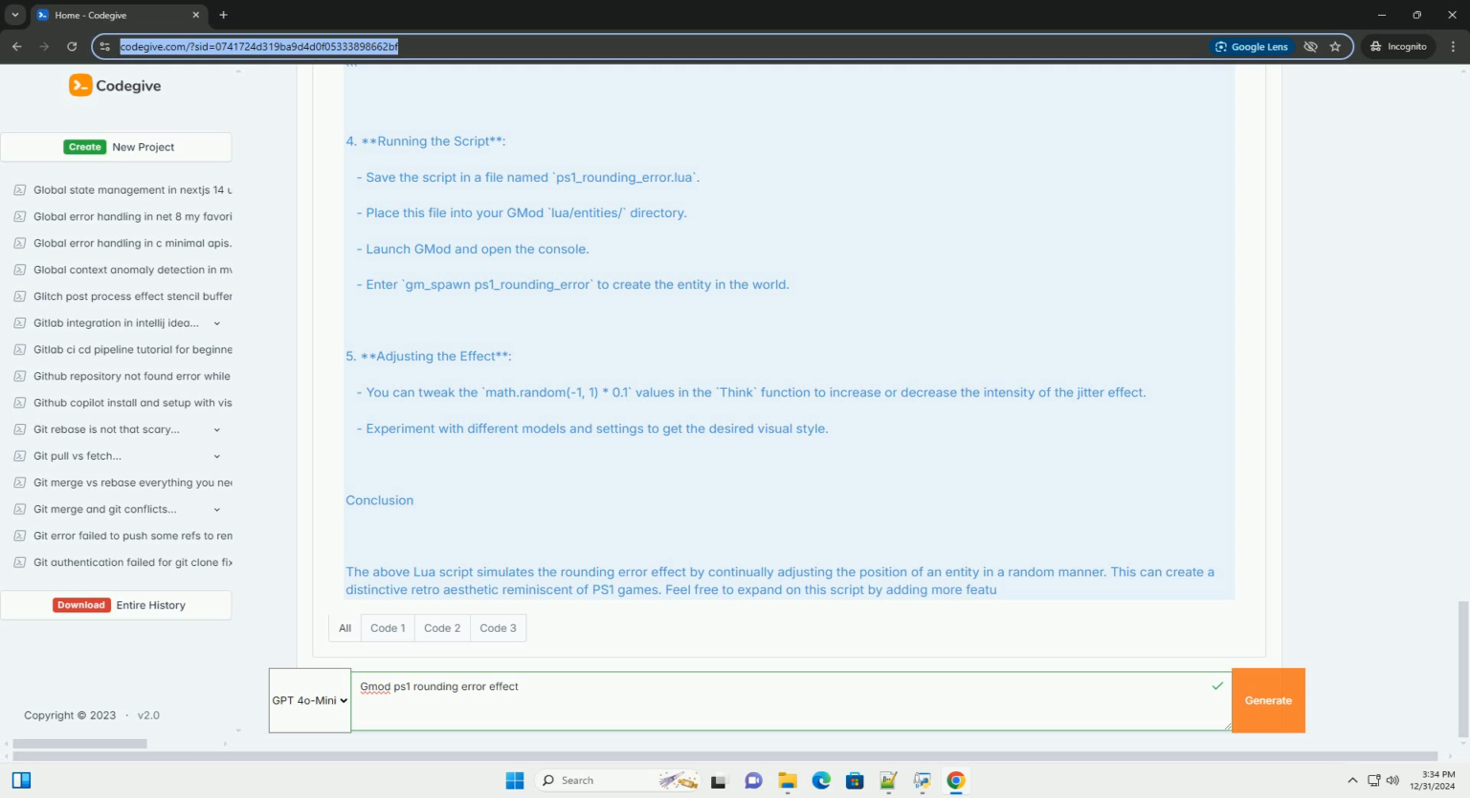Lua. Create the entity. If SERVER then AddCSLuaFile end. Define the entity class. ENT.Base = "base_gmodentity". ENT.Type = "anim". ENT.PrintName = "PS1 Rounding Error Effect". ENT.Author = "Your Name". ENT.Spawnable = true. function ENT:Initialize()